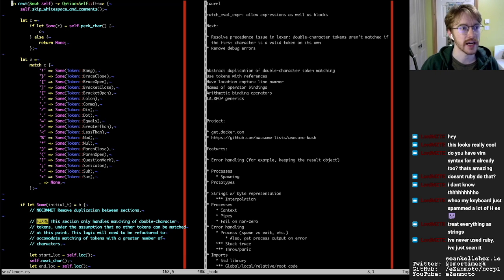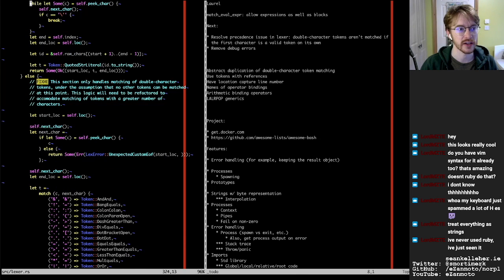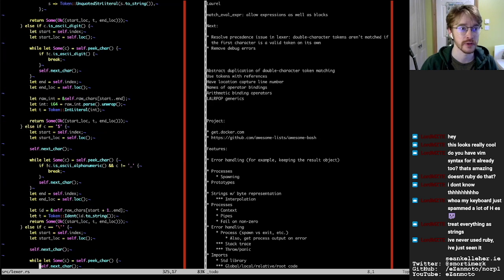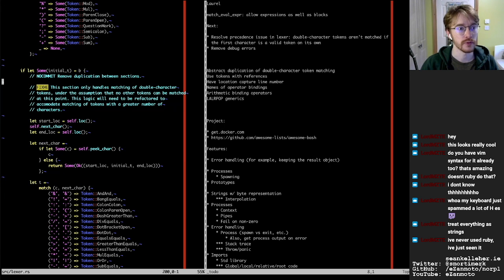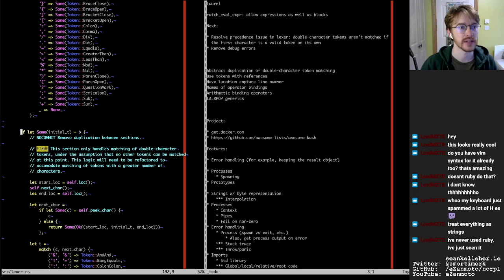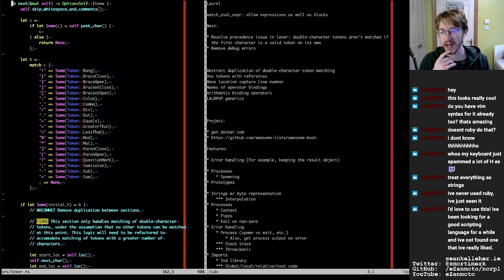So if we take a look at this next function, as in literally called next, it's built up as a sequence of checks. What we're doing in the Lexer, for those less familiar with how the Lexer works, is we're essentially at a certain point in our source file and we're taking a look at